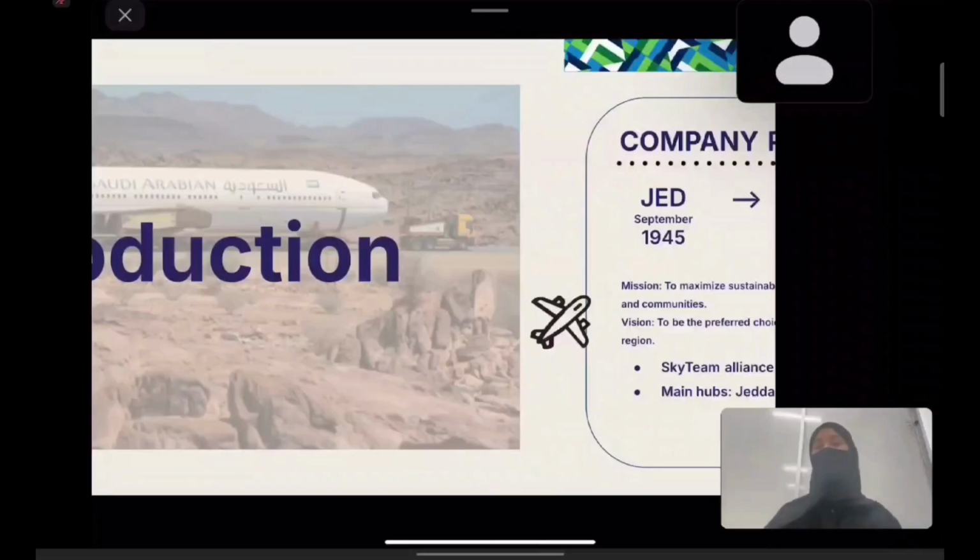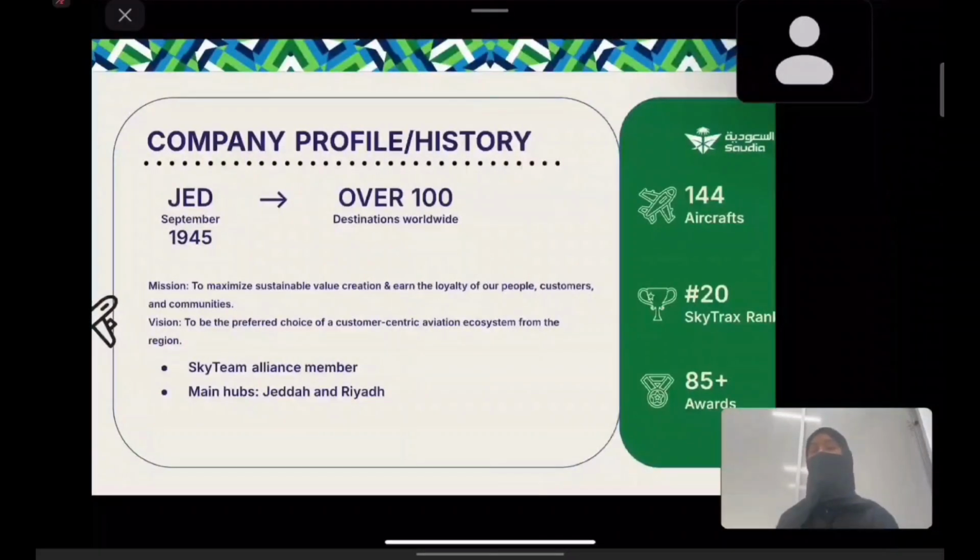A quick introduction. Saudia Airlines is the flag carrier for Saudi Arabia. It was founded in September 1945 after President Franklin Roosevelt gifted King Abdulaziz a Douglas DC-3 early on that same year. It is currently headquartered in Jeddah, and it provides air transportation services to passengers, baggage, and cargo across over